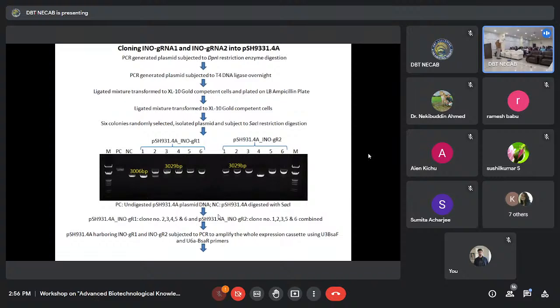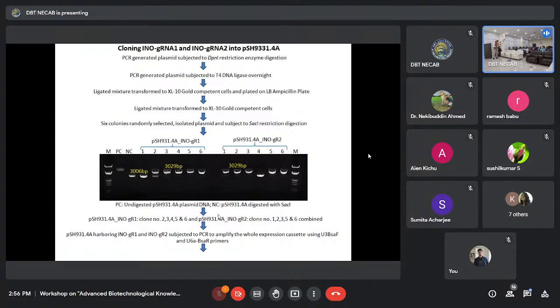DpnI will recognize only the methylated DpnI site and chop it, so your parental plasmid DNA will be degraded. Your plasmid DNA containing your guide RNA will remain intact because DpnI cannot digest the non-methylated restriction site. That is the purpose of digesting with DpnI. Then with the whole PCR product, we went for ligation, transformed into XL10 Gold, and then we did